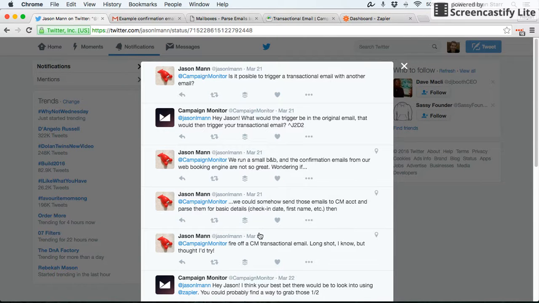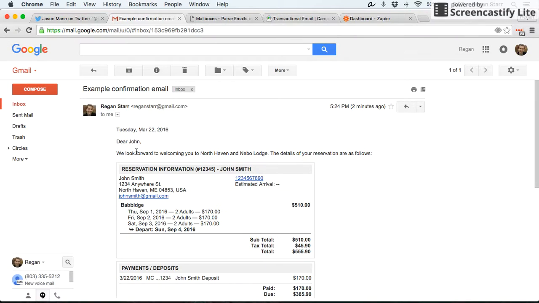And all of this is possible using Zapier and their special email parser. So in this tutorial, I'll walk you through everything. First, in your inbox, you're going to want to have the email that will act as a template. So here I have the email confirmation that gets sent. And now that this is in my inbox, I'm going to go to